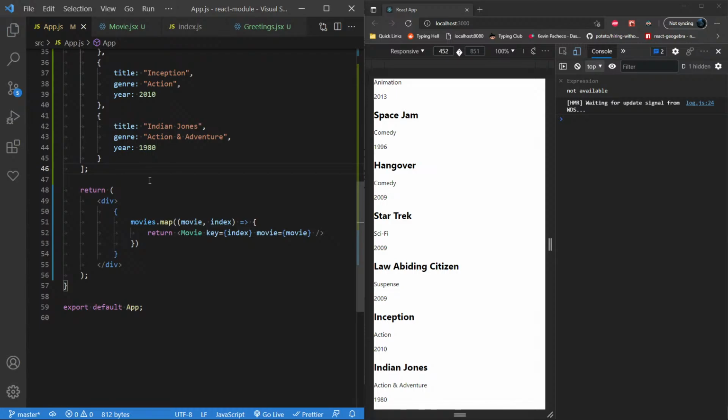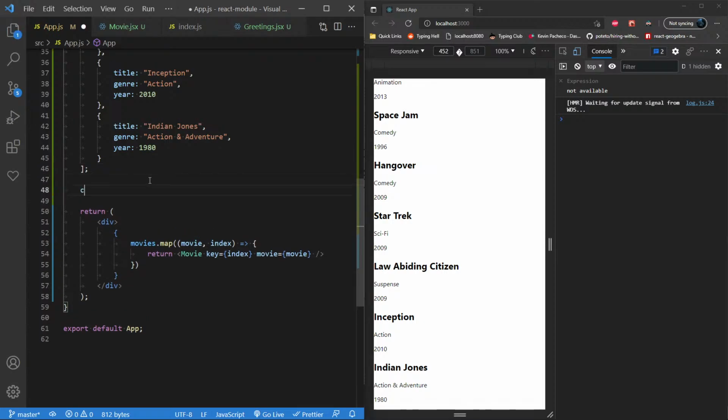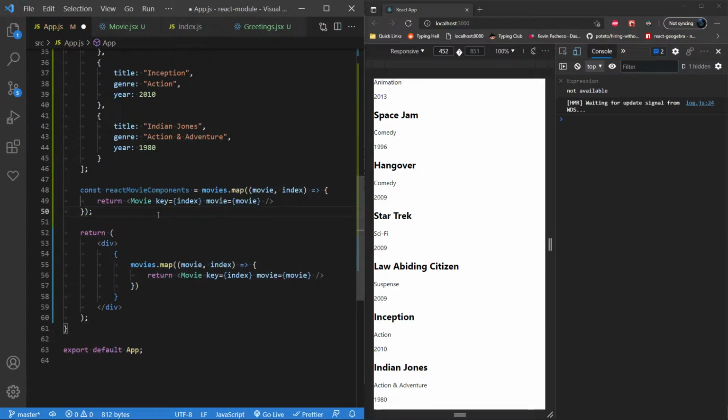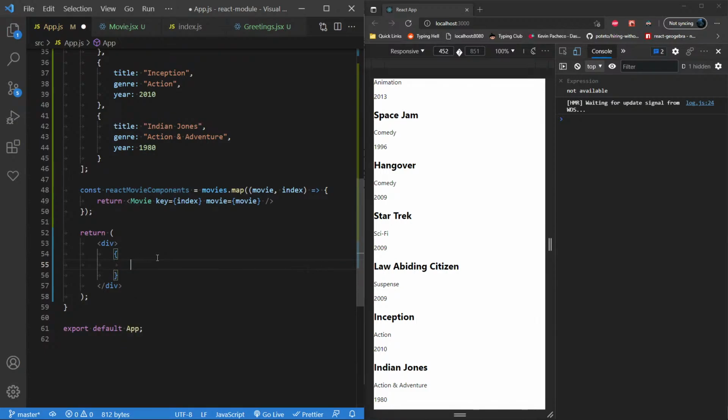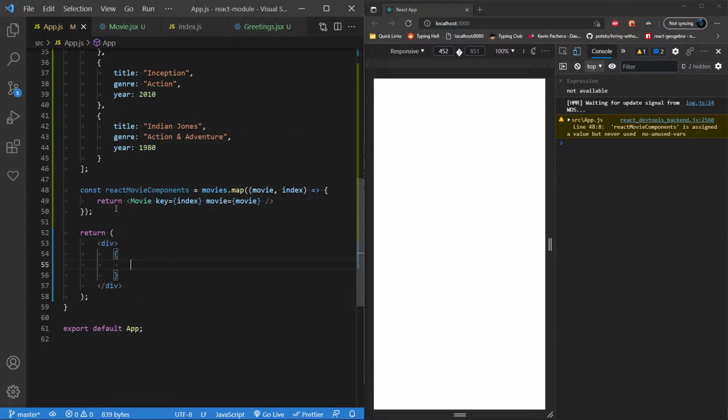Why is a hash map necessary again? This is not a hash map. So it's good that Jim asked that question. So let's do this. Watch. Const. I'm gonna call this React movie components is equal to. I'm gonna extract this, paste it in here, and inject here. If we hover over React movie components based off this mapping,